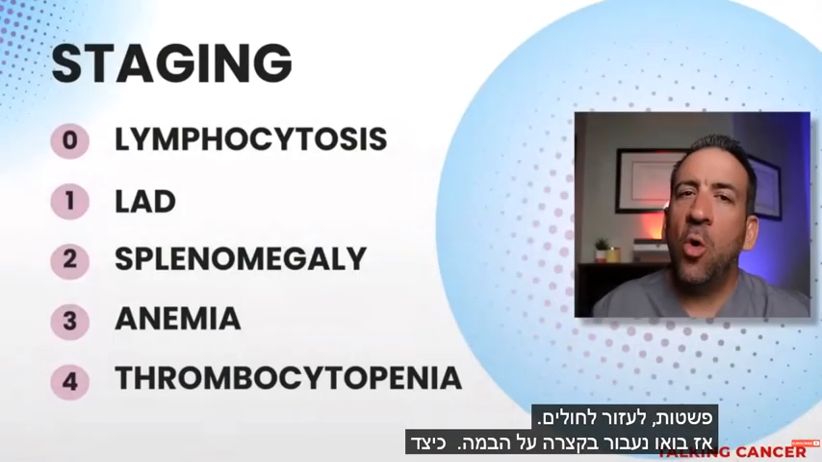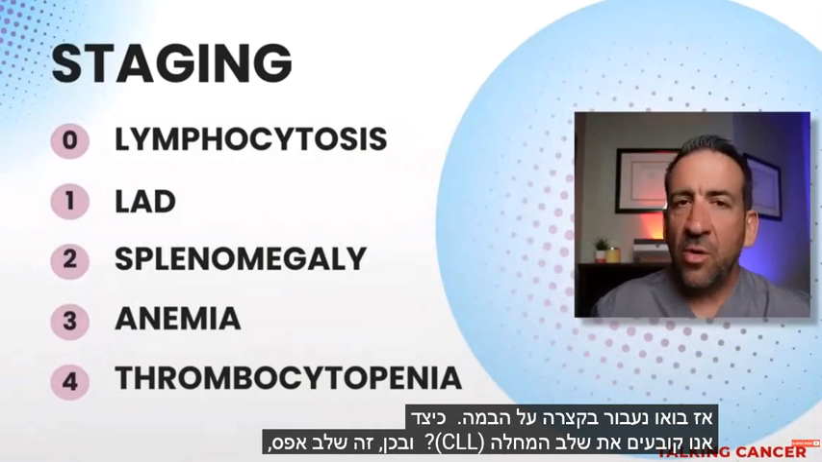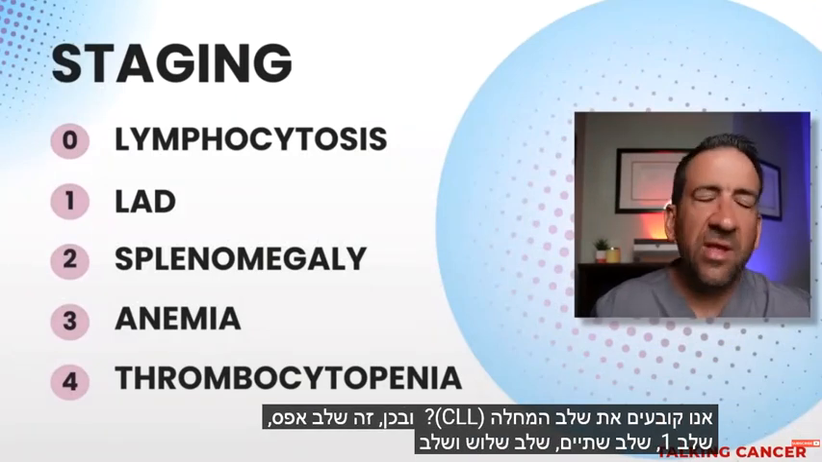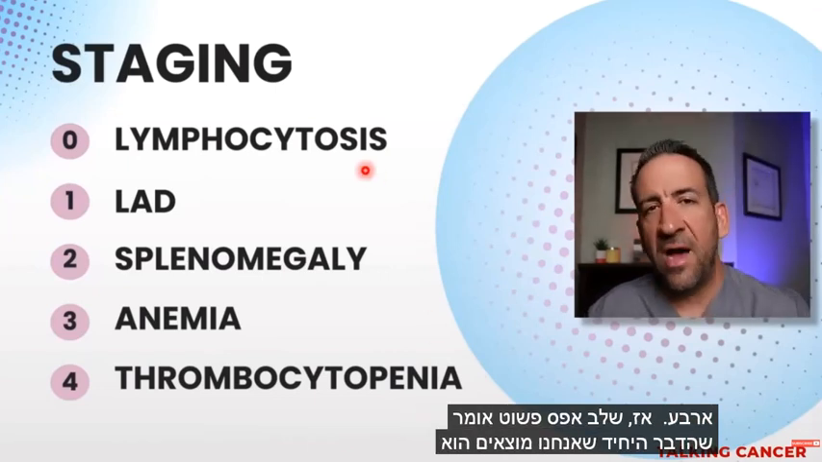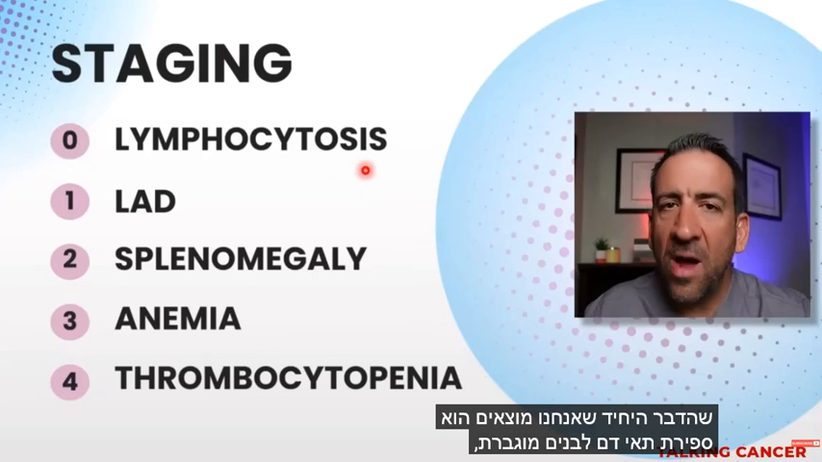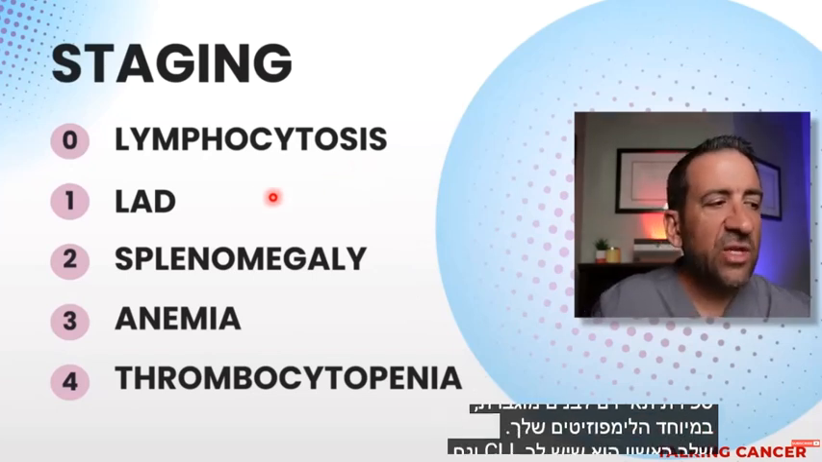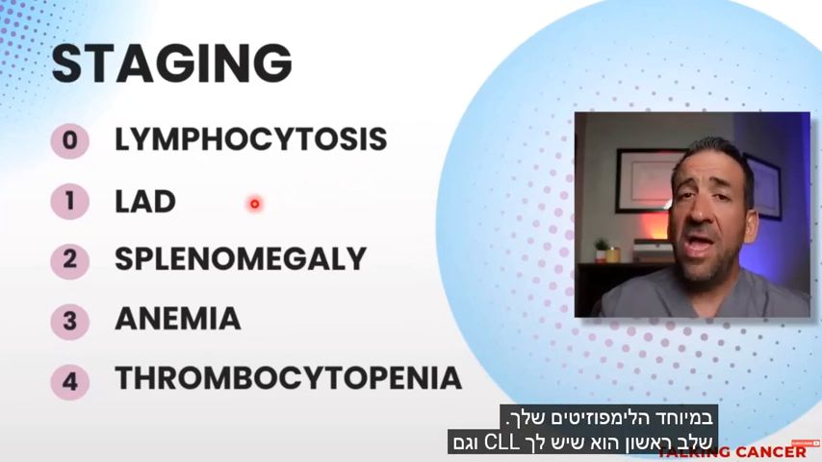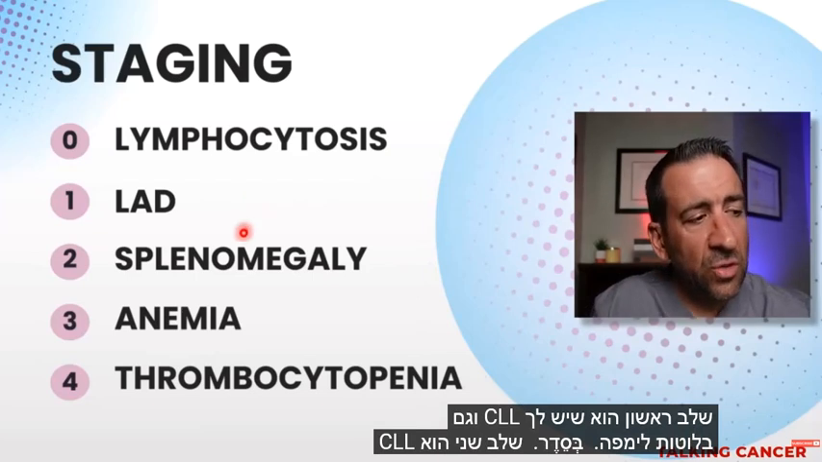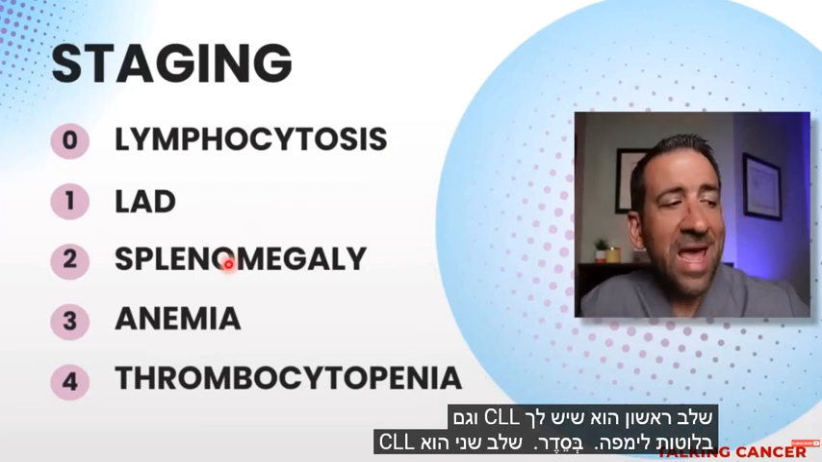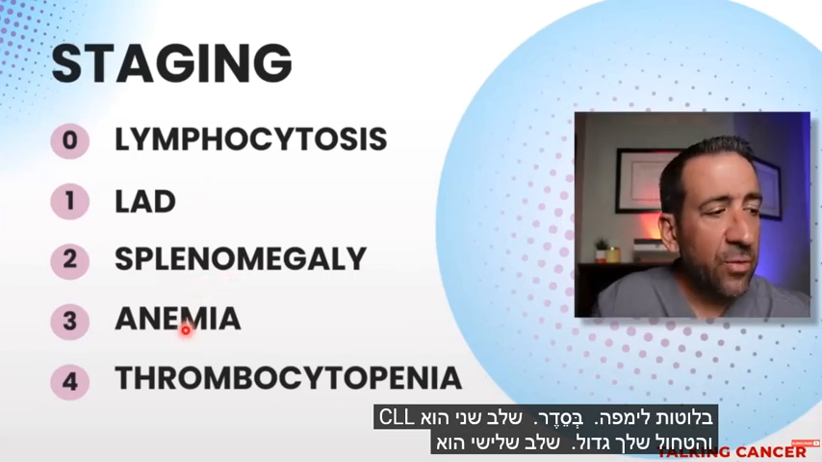So let's briefly go over staging. How do we stage CLL? Well, it's stage 0, stage 1, stage 2, stage 3, and stage 4. So stage 0 simply means that the only thing we find is an elevated white blood cell count, specifically your lymphocytes. Stage 1 is that you have CLL and also lymph nodes, okay? Stage 2 is CLL and your spleen is large. Stage 3 is the